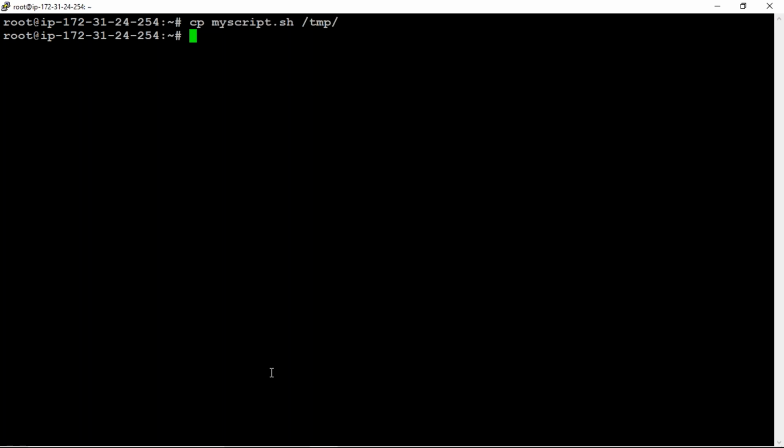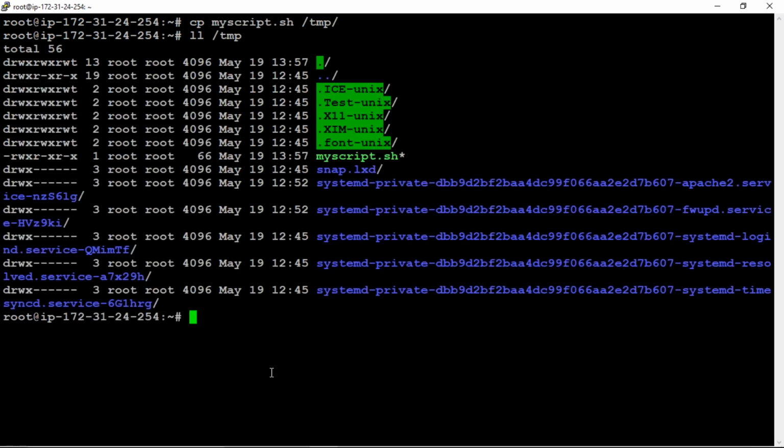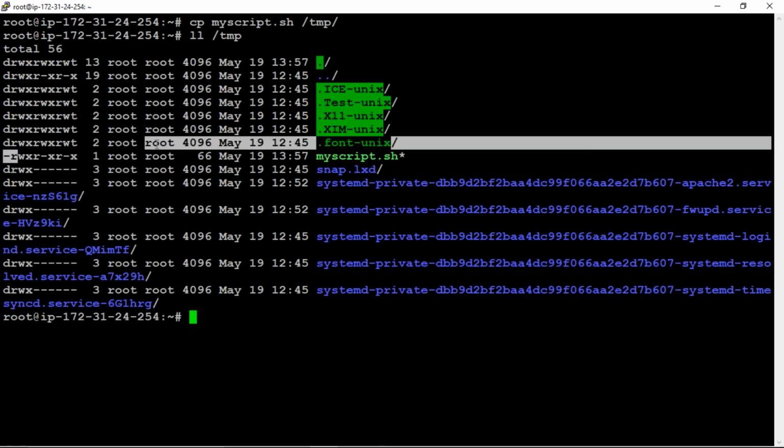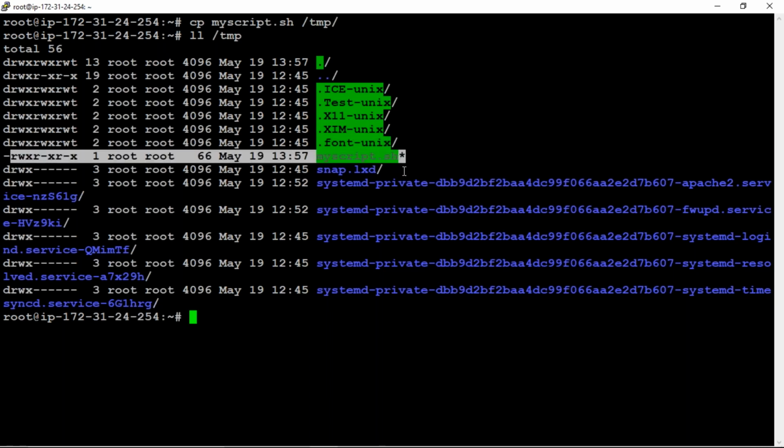Now if you check the permissions, ll space /temp, see there? So myscript.sh. In root mode we gave the read write execute permission, but in the temp folder, we didn't give the permissions.